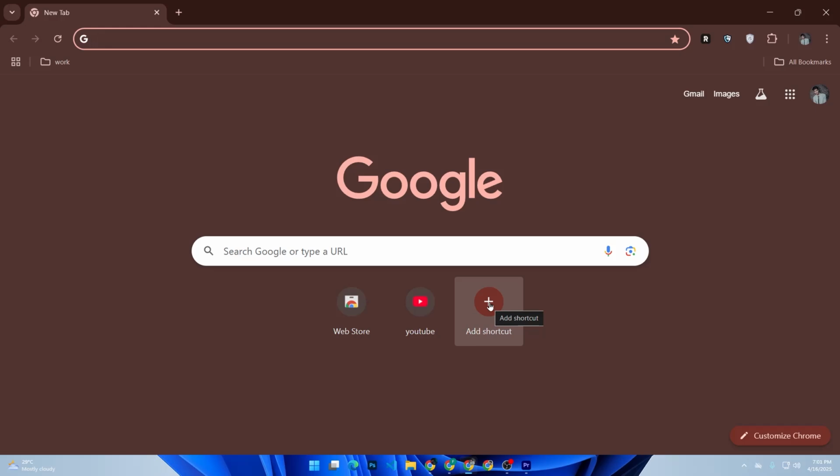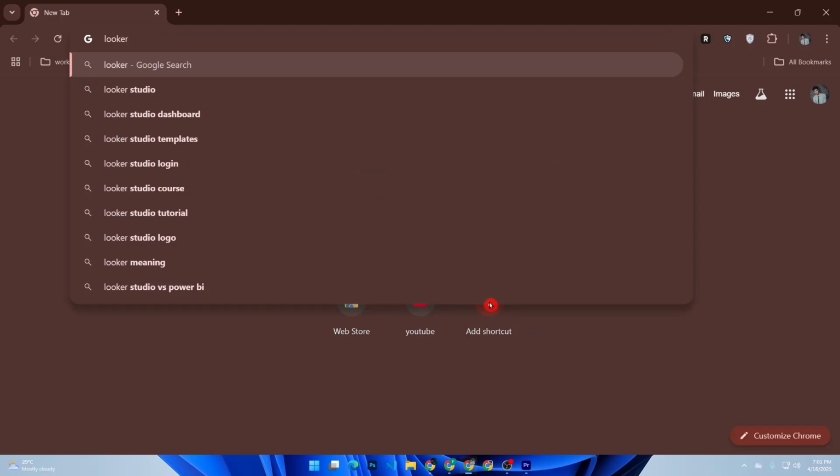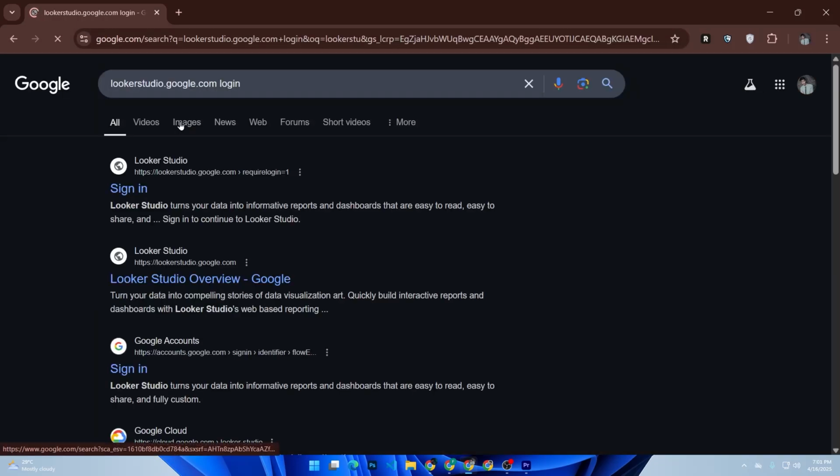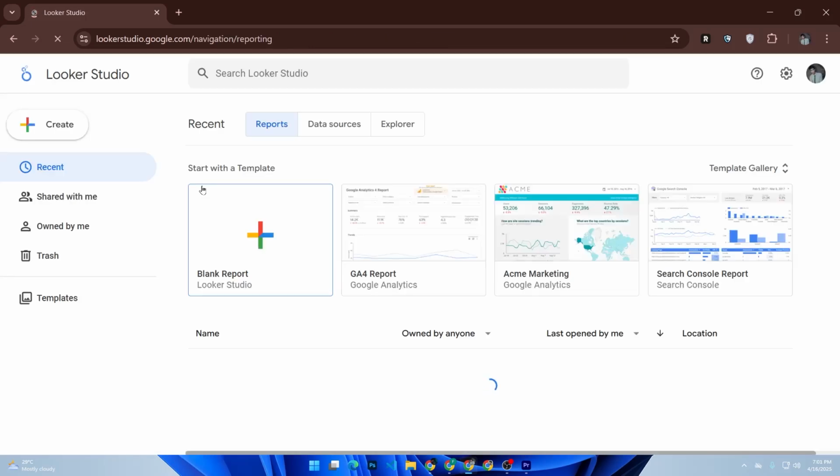To begin, go to lookerstudio.google.com and click on that and log in with your Google account if you haven't already. Then click the blank report